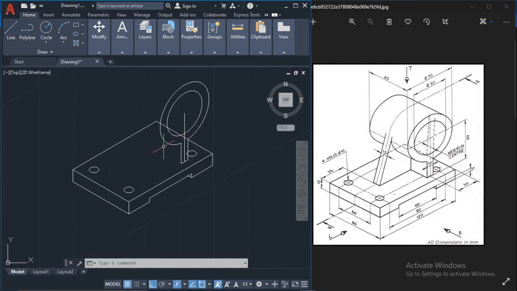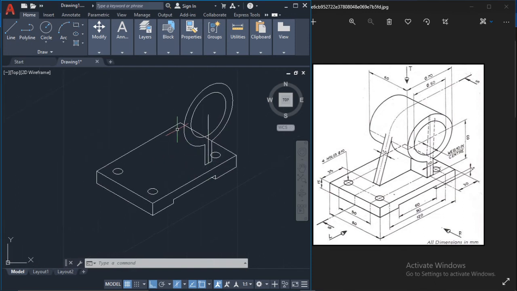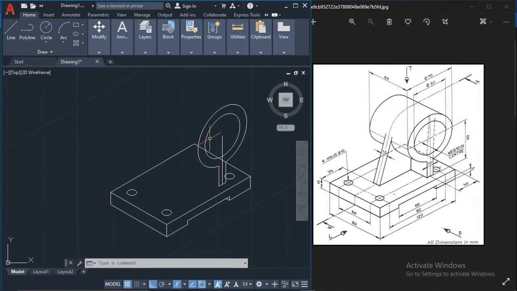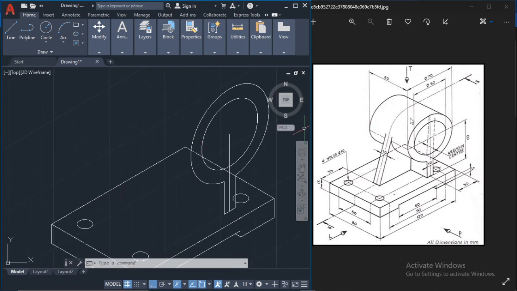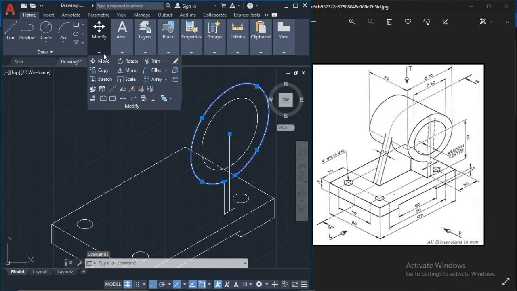I'm not going to delete it yet, just in case I need it for something. All right, so for this, it says that this distance is 60. So I can offset this circle. Let me see if I can offset this circle and bring it back by 60. So modify and offset